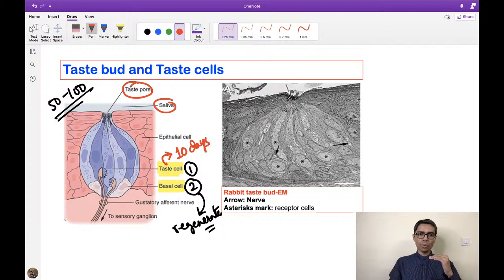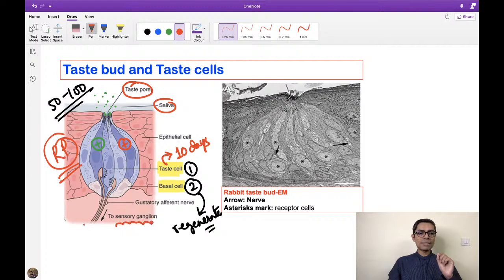This is known as the taste pore. Whenever a certain chemical, like sugar or sour taste or any kind of chemical signal, is present here, it binds with the microvilli portion of the taste cell, and that leads to depolarization of the taste cell. Depolarization of the taste cell is known as receptor potential generation at the level of the taste cell. Whenever it generates a receptor potential, it produces a neurotransmitter, glutamate,